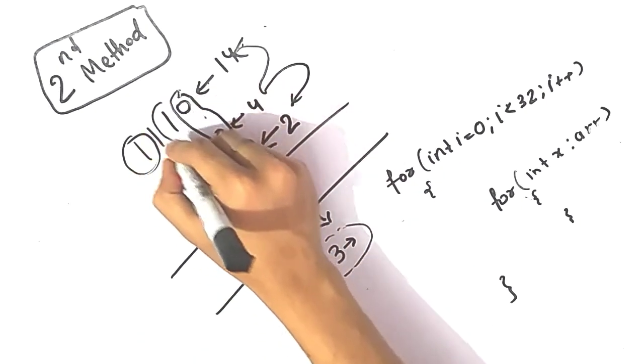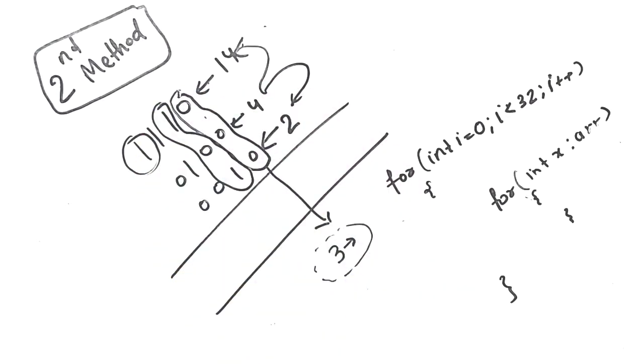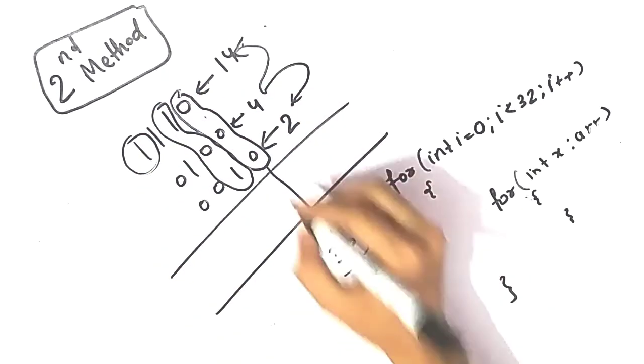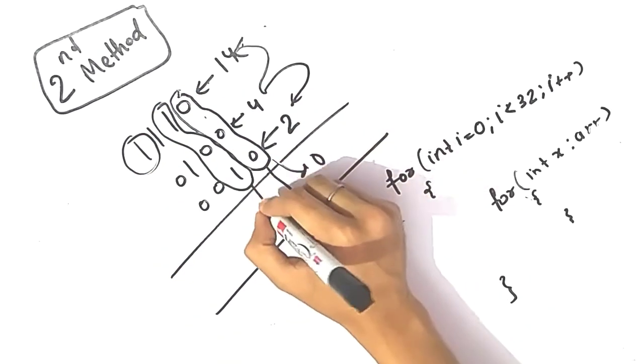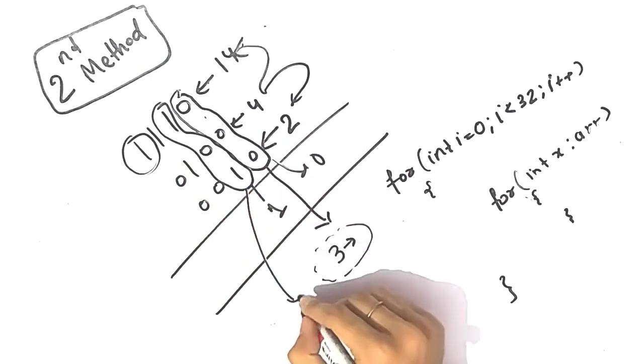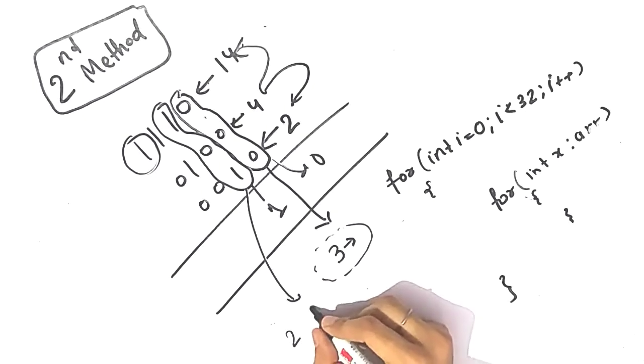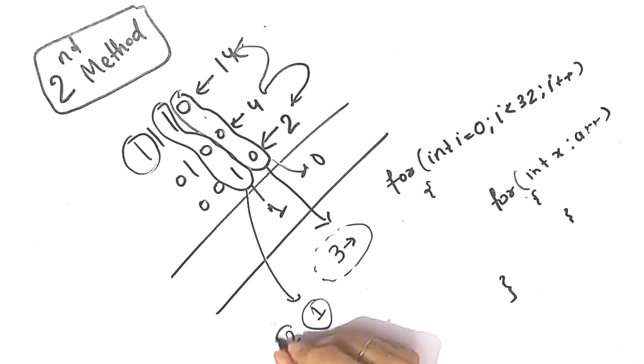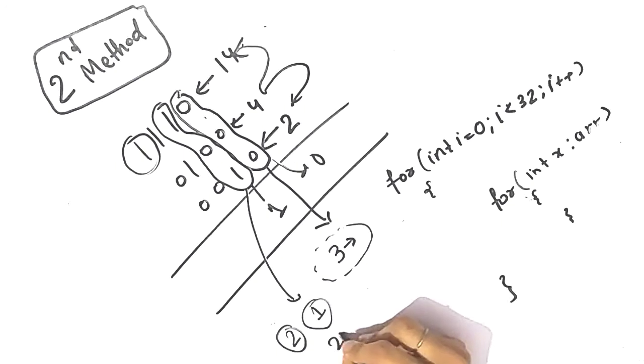So let's see this for another bit position, which is the first bit position. This is the 0th position, this is the first position. So now let's see this. The total number of 1s is 2 and the number of zeros is 1. So the total number of pairs, if we consider the 3, will be 2 into 1.